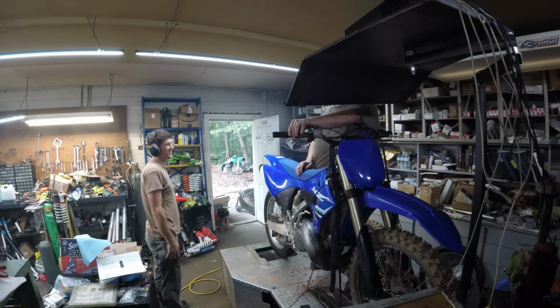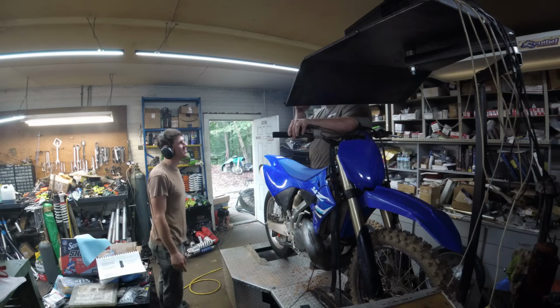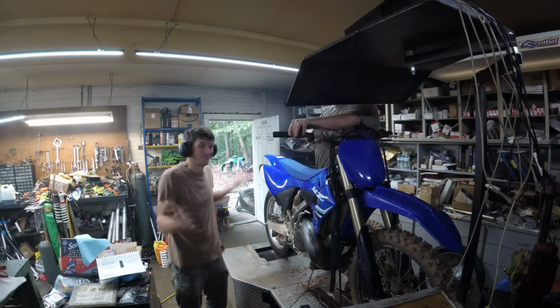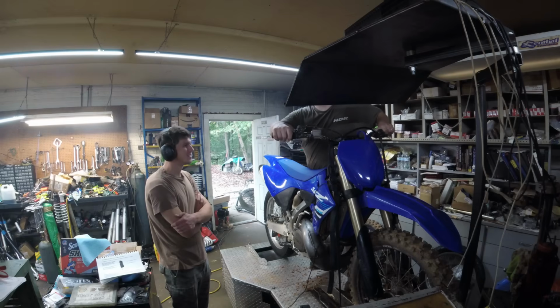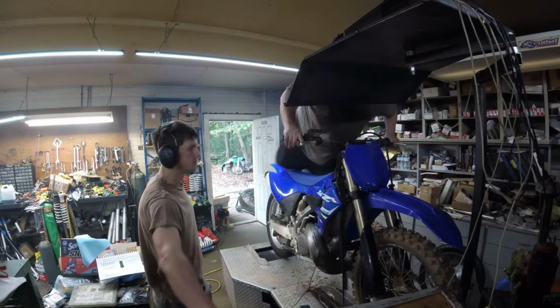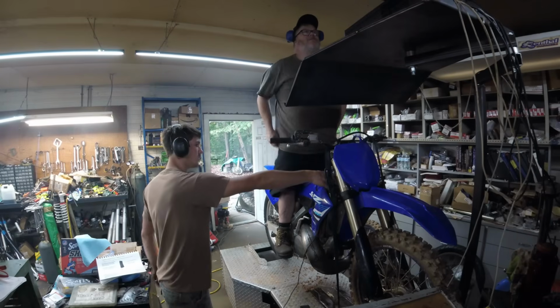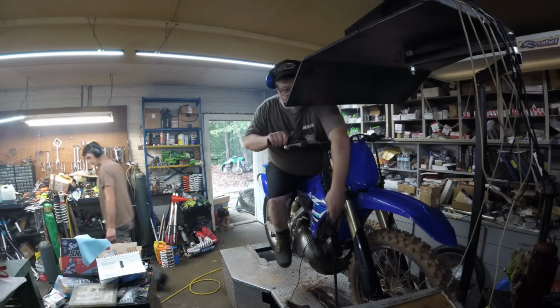Alright, so it's the next day, and we went straight from the track to my good friend Pete Payne at Heavy Duty Racing shop, and we're going to get some dyno numbers on this thing. Today we're just going to be testing the 3 different heads I've designed, starting with the one from the track, which was the lowest compression one. We have 2 higher compression ones that are slightly different, and we're going to see how they all stack up